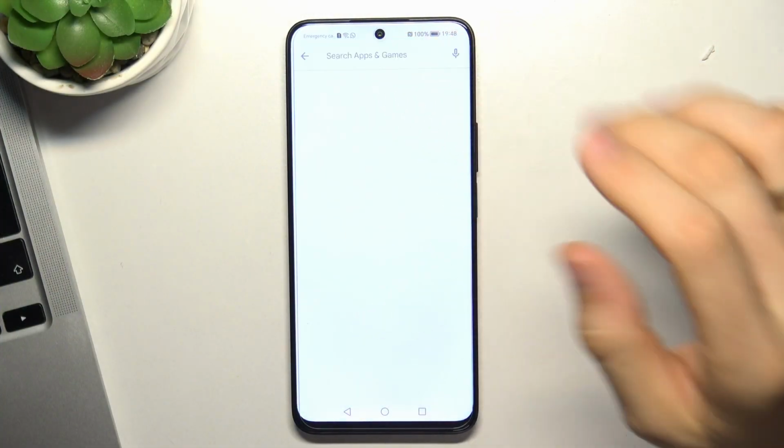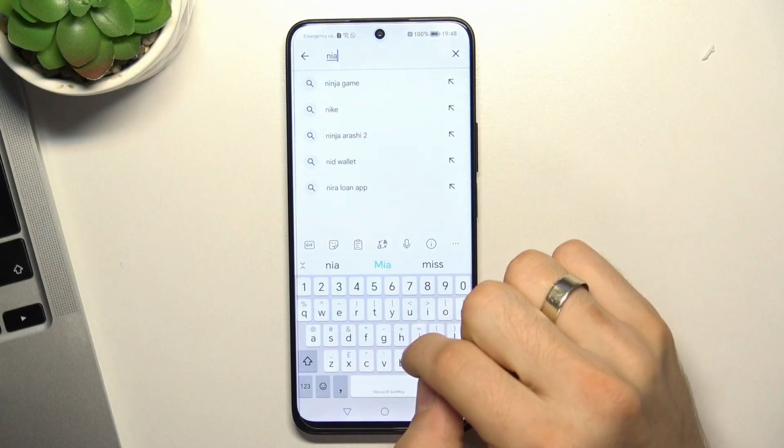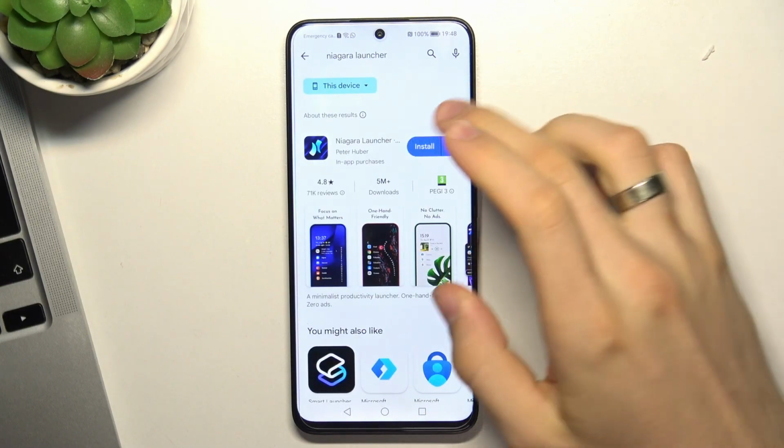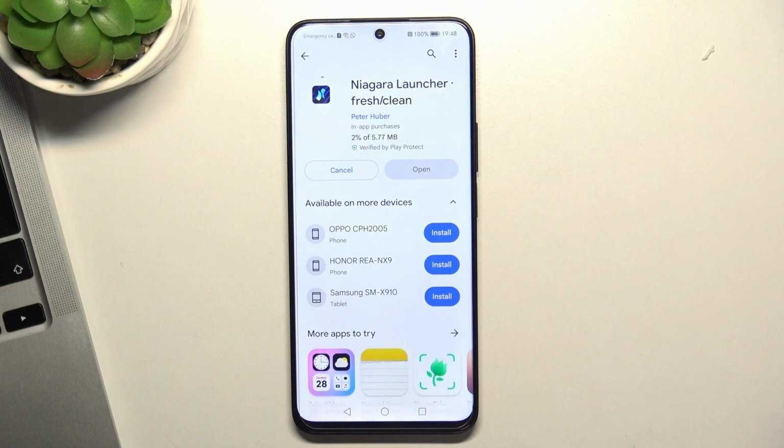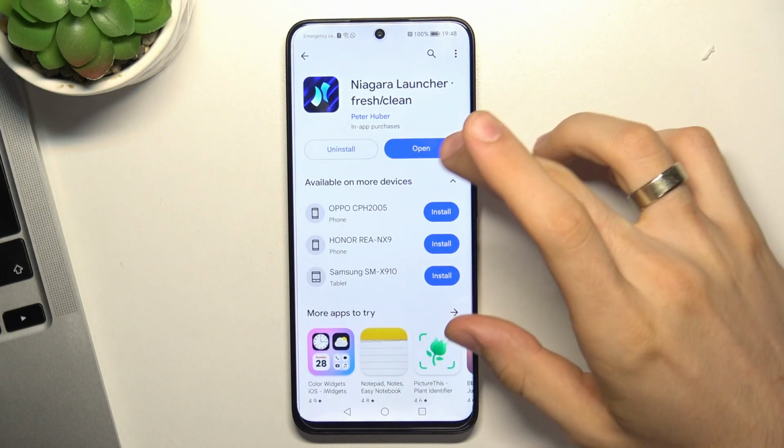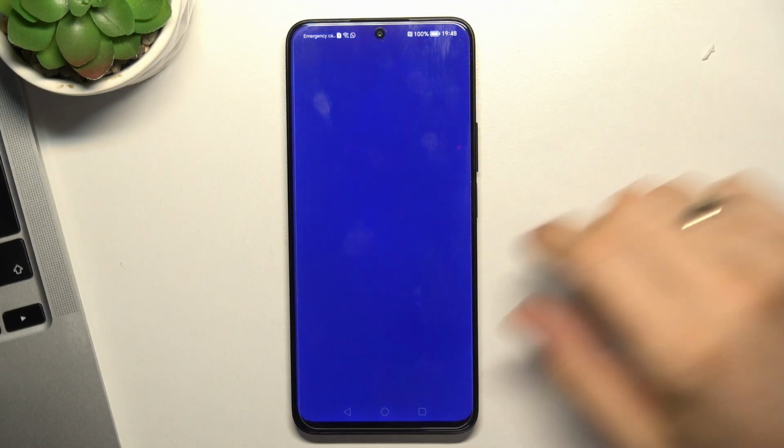The third place in my top is Niagara launcher. Just find this launcher and click install. Open this launcher and